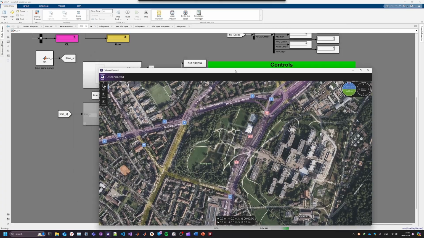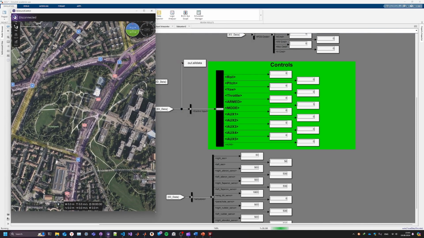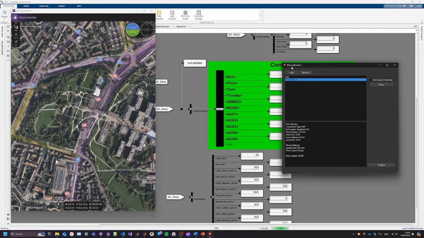And just to confirm that we do indeed have connection, we can do a couple of things. Well, first of all, you see QGroundControl is not connected anywhere. Well, because we just used our serial connection, and QGroundControl has nothing to connect to, so we can use QGroundControl to add one more